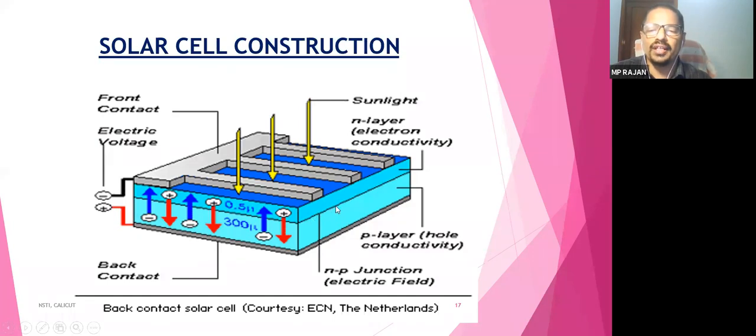Okay, so we all know in the junction there will be a depletion layer, electrically inactive, or you can say depleted of charge carriers. There is no charge carrier across the junction, and here you can see on top of the N-type semiconductor material, there is a contact. This is purely a metallic contact. So the cost of the solar cell depends upon the material we used as a conductor. So contacts are made. We will see in the next slide how the contact works.